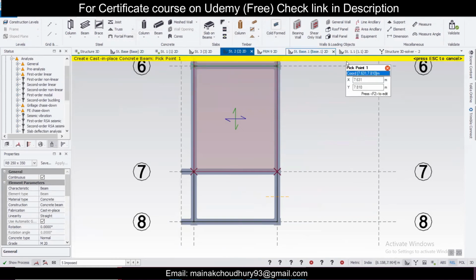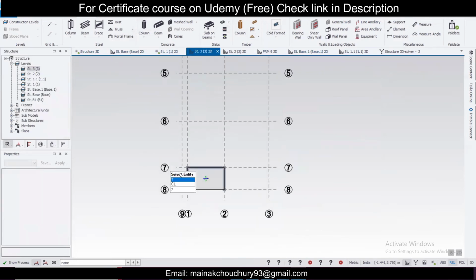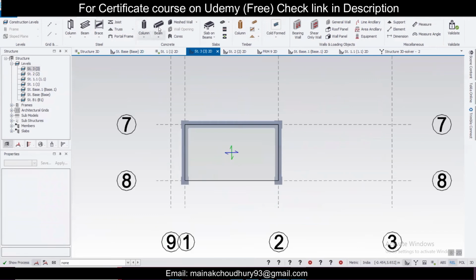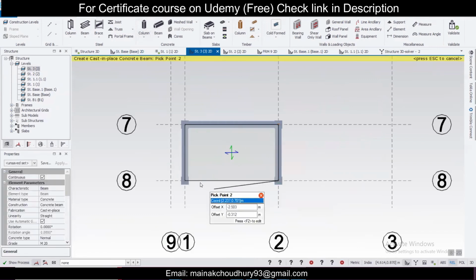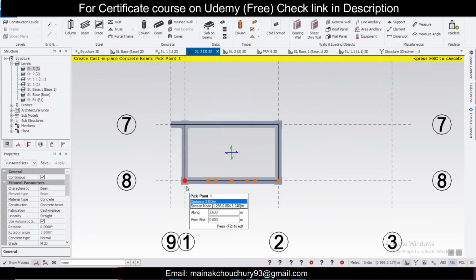Go to structure 3, this also, this also. Just take a beam, select the beam like this, and take one from here, take one from here. Don't give any pin or anything. Do this, take one,